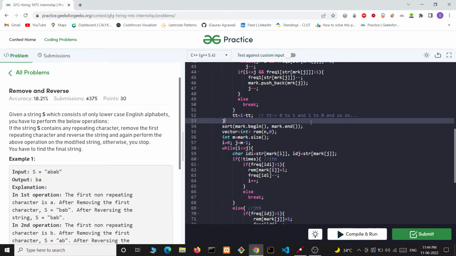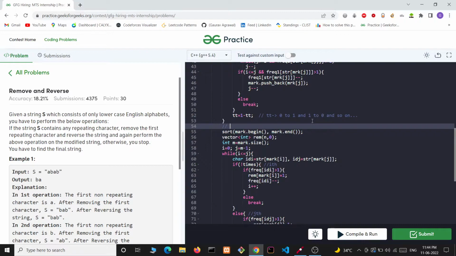After it we can simply sort the mark array, because we know that indexes can be in any order. First we will have the index from the very left, then we will have the index from the very right, something like this, and then one or two more.